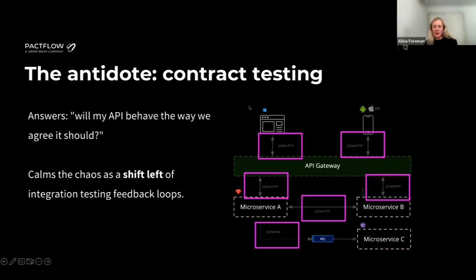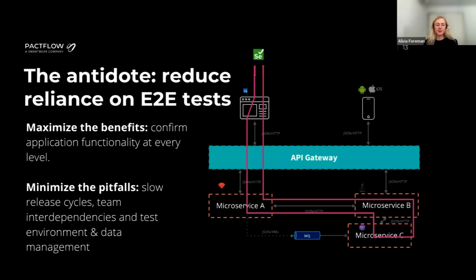Customers who have implemented contract testing in their software testing strategies talk about benefits such as being able to test a single integration at a time. There's no need for a dedicated test environment. They get fast and reliable feedback on the developer's machine. There are tests that will scale linearly as the business and the microservices grow, and ultimately allow teams to deploy their services independently. Contract testing really provides that level of quality and ownership over quality for everybody in the software development team.